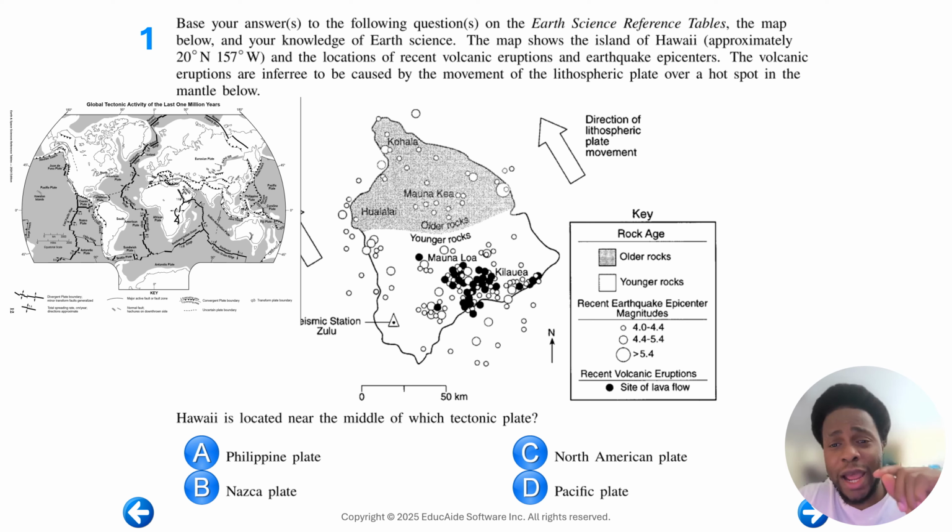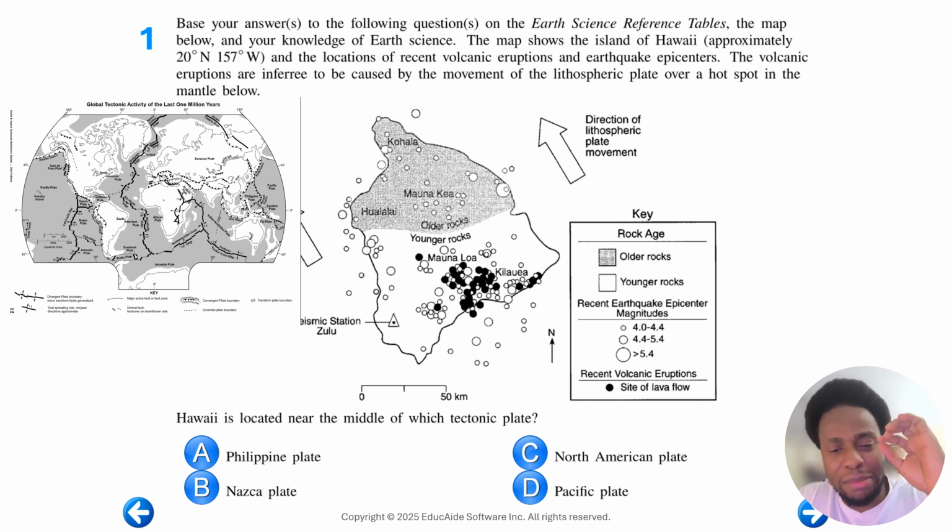The map shows the island of Hawaii, approximately 20 degrees north and 57 degrees west, and the location of recent volcanic eruptions and earthquake epicenters. These volcanic eruptions are inferred to be caused by the movement of lithospheric plates over a hotspot in the mantle below. So you have all of those diagrams and all of that information, and the question is asking,